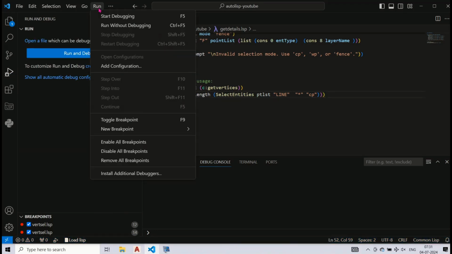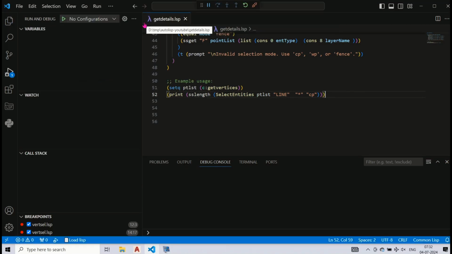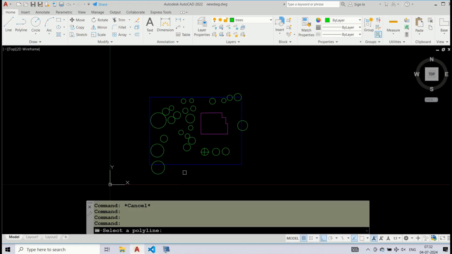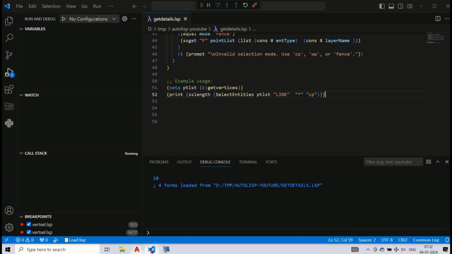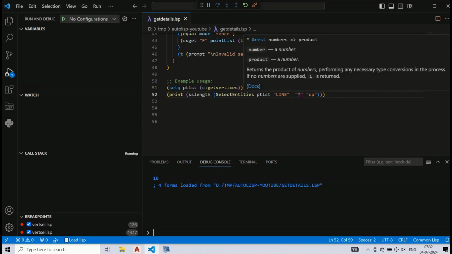Stop the previous debugging session and again run the code. Switch to AutoCAD when the AutoCAD icon in the taskbar starts flickering, and then select the fence polyline. Now, number 10 is printed, indicating the total number of lines inside the fence boundary on all the layers.